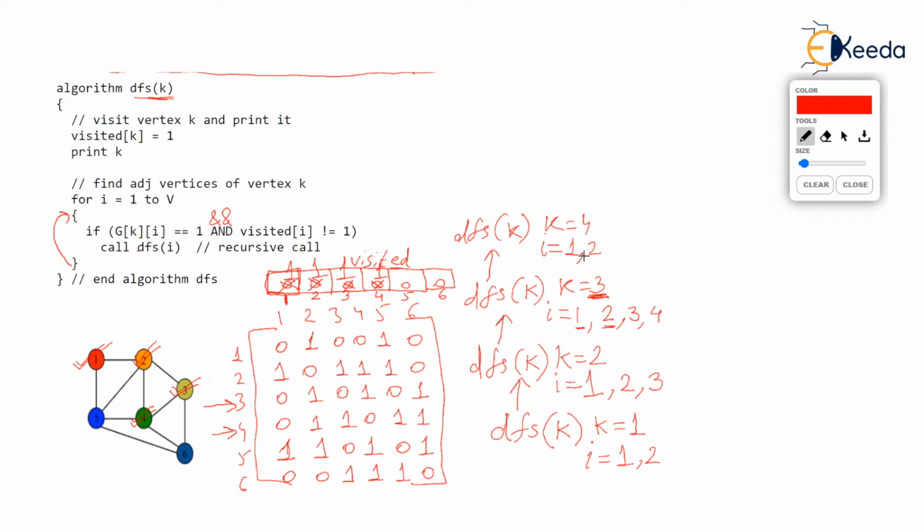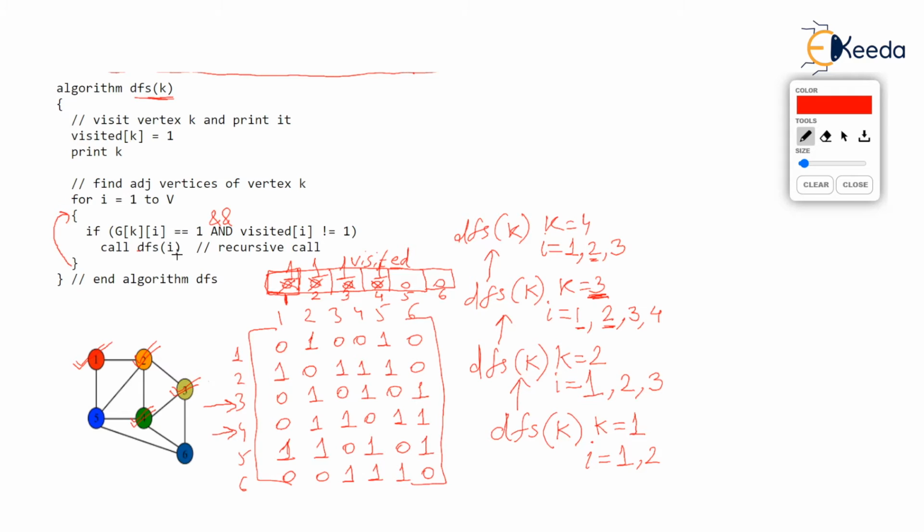4 and 2 are adjacent. See the picture given in the graph also. But 2 is visited, isn't it? So the second condition written after the and will be false. Visited[2] not equal to 1 is false. In fact, visited[2] is 1. So for repeats, making I as 3. Is 4 and 3 adjacent? Is K and I adjacent? 4 and 3 are also adjacent, but again the same story. Although the first condition becomes true, K and I, kth row and ith column are storing 1, but ith entry in the visited is already 1, so not equal to 1 is false. So we are not going to jump to DFS(3) at all.